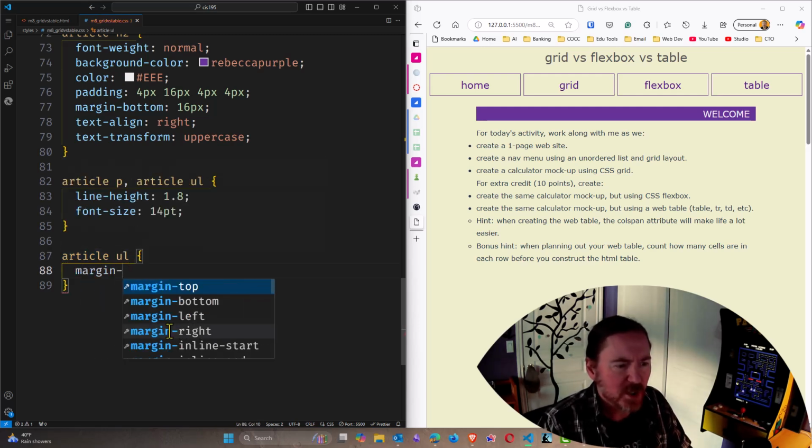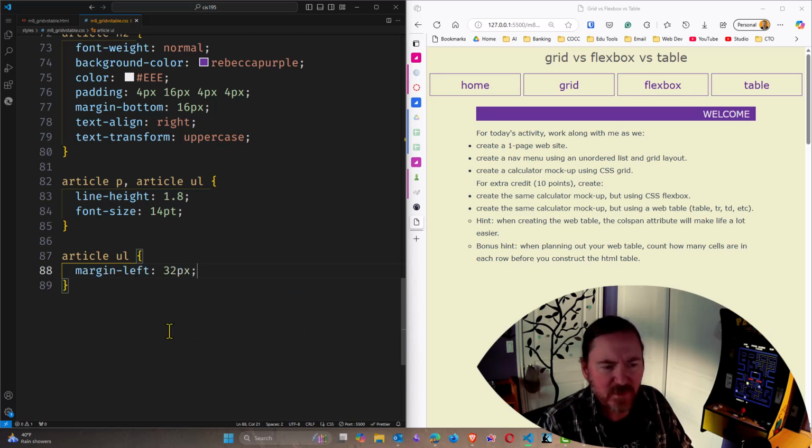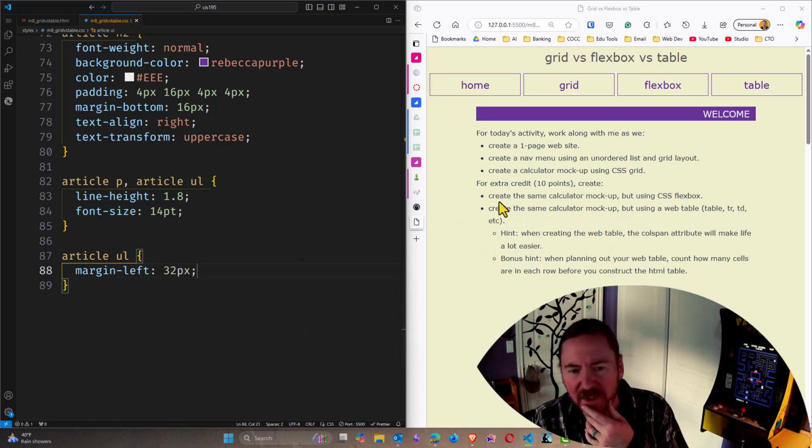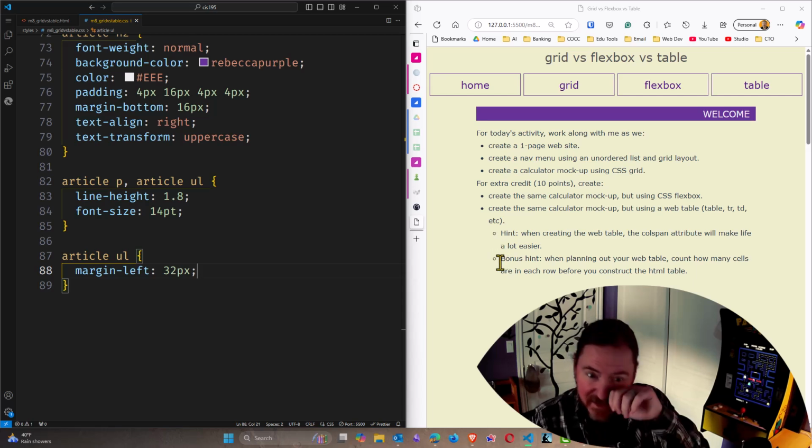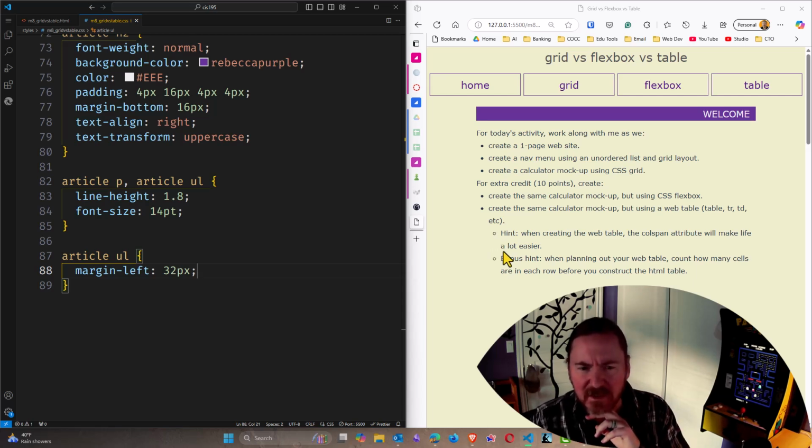And I'm going to do a margin left of 32 pixels. And that should indent those unordered lists. And it's also going to indent the sub unordered list an appropriate amount. So yeah, I think that's a good way to go. So now I've got those bullets on there and everything's